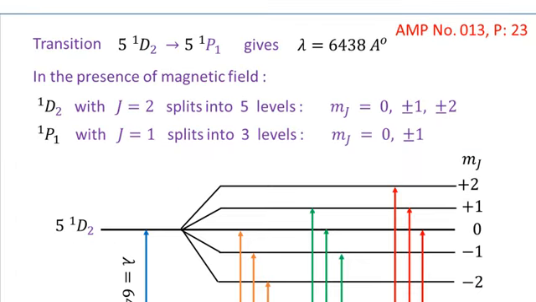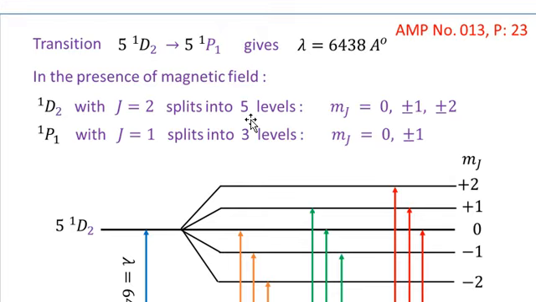Okay, so now consider the transition 5 1D2 to 5 1P1. This transition will give you a wavelength of 6438 angstrom. This is the wavelength of the transition in the absence of the magnetic field. Now, in the presence of the magnetic field, 1D2, where the value of J is equal to 2,